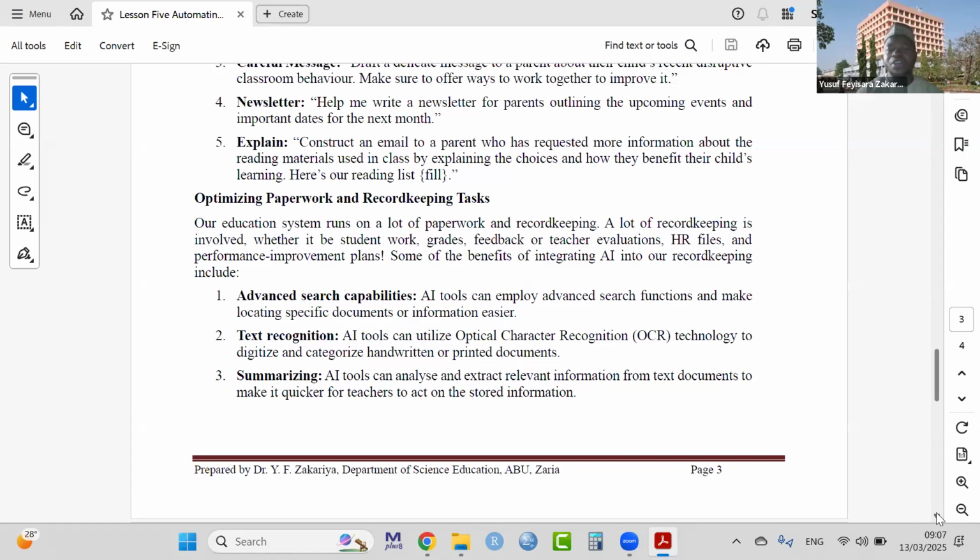Some of the benefits of integrating AI into our record keeping include the following. So advanced search capabilities. With AI tools, we can employ some search engine that will allow you to locate the files on time. But you have to convert to electronic, you must know that. Again, text recognition. This one is very important, extremely important. You can write something on a paper and then you upload on ChatGPT, then it will identify the